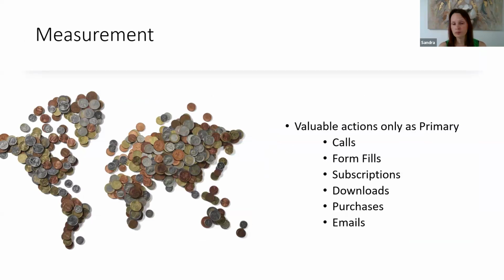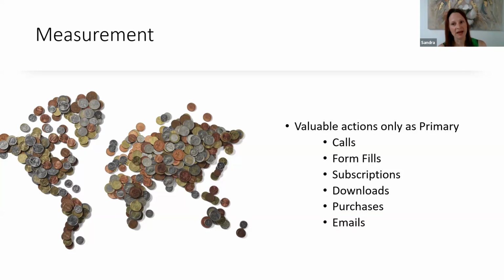Measurement. Only measure the actions that are valuable to you. You don't want to waste money on tracking things such as page views or video views. They might be useful information for deciding on changes that you're going to make to your website.